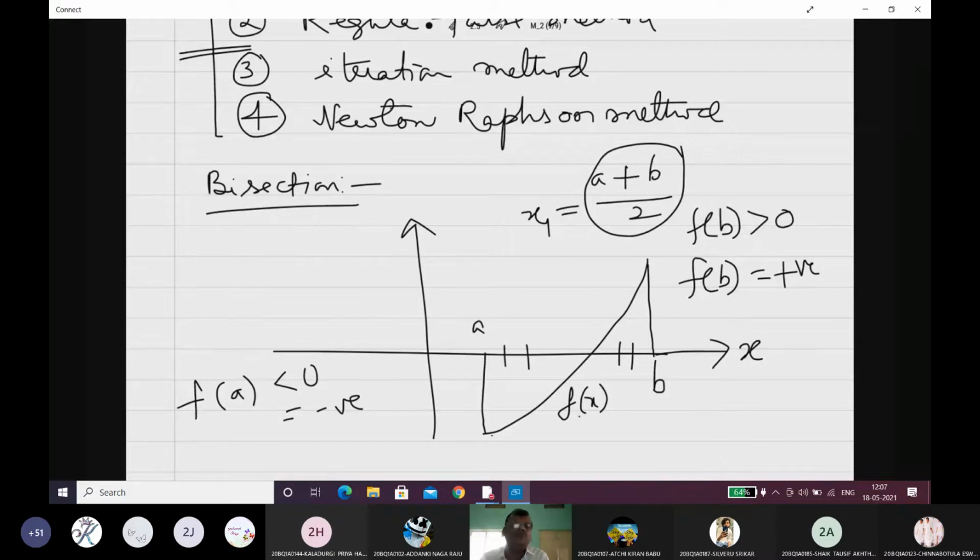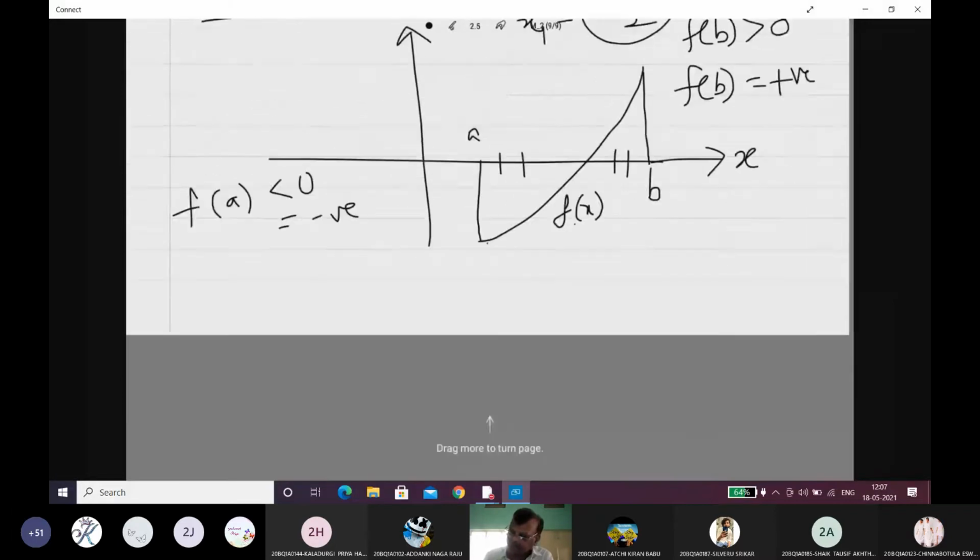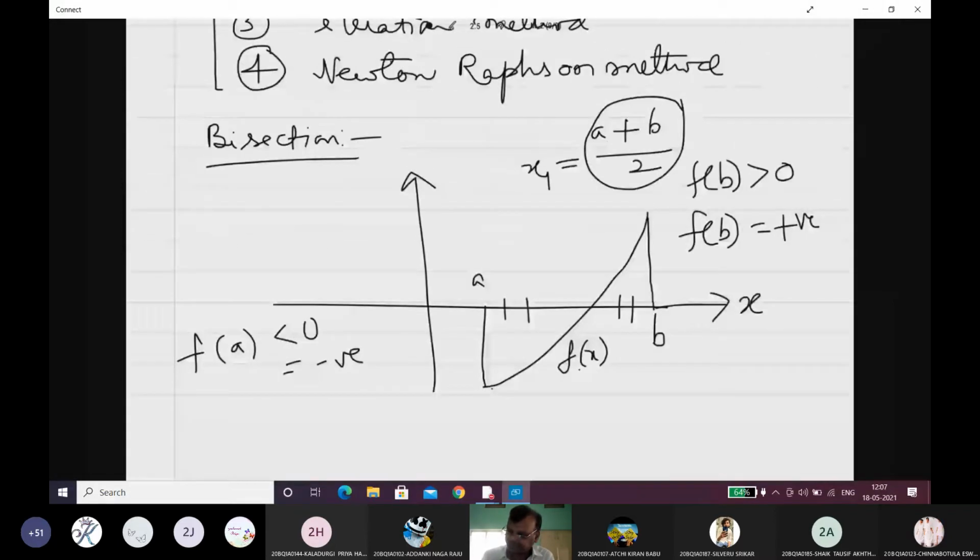That is the technique that we have to use to find the approximate root of the given either transcendental equation or algebraic equation. Let us see an example problem which is related to this one.